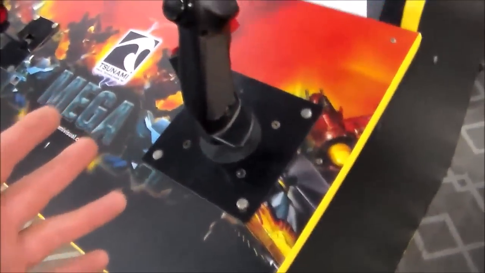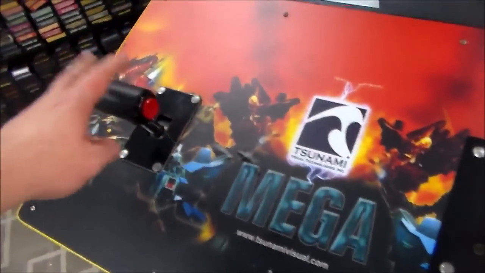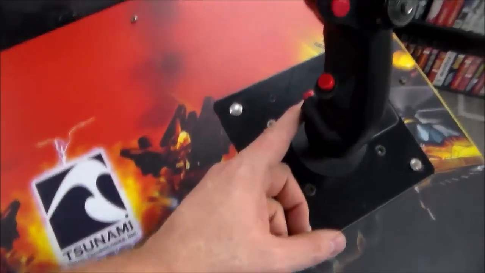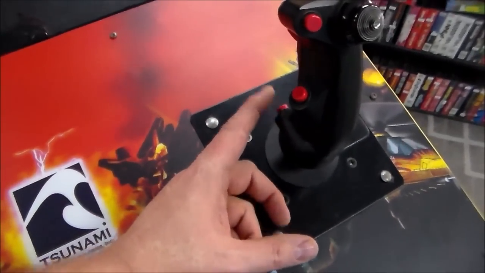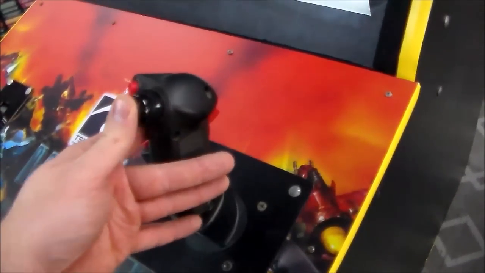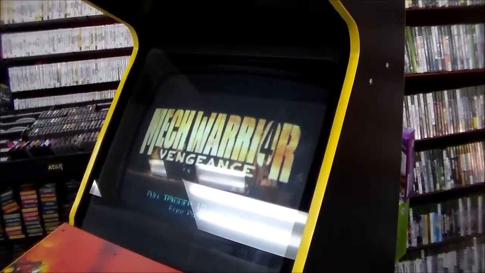So they have these really unique controls. You may have seen one of these in the arcade. You've got this throttle over here with a button on the side, and then over here you've got this crazy flight stick that's got a button down here, a button here, a trigger, a button here. The whole thing moves, and it also has a thumbstick that moves, that's mainly used for changing your point of view. So it's got 3 games on it: Mech Warrior 4 Vengeance,